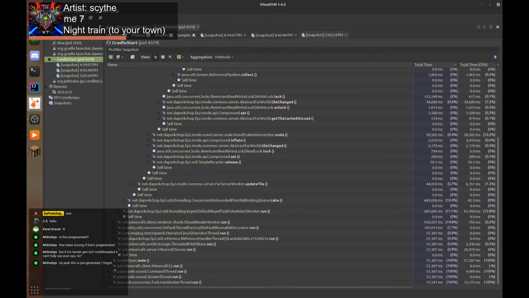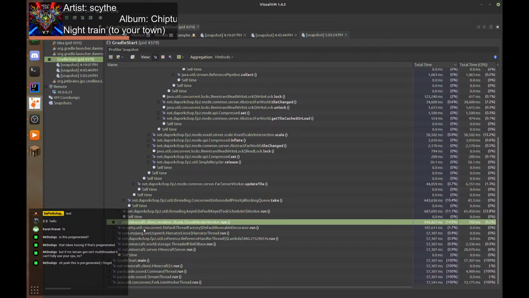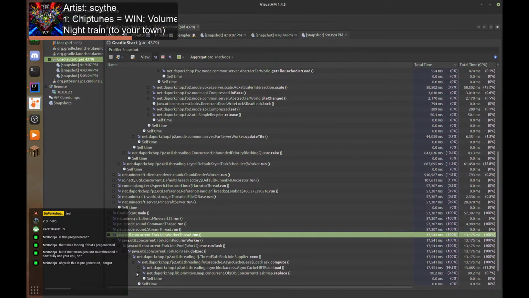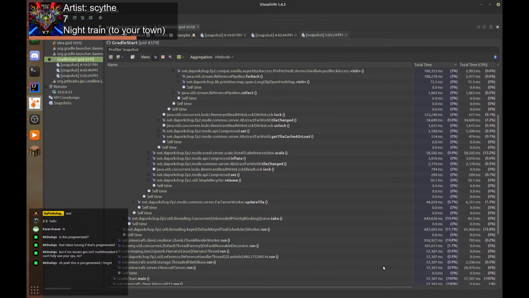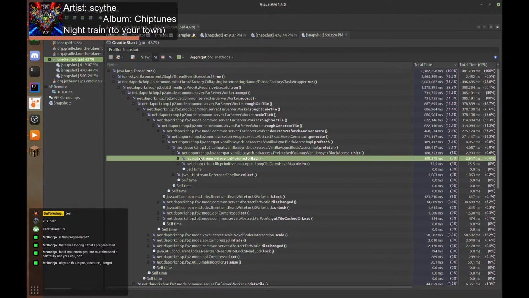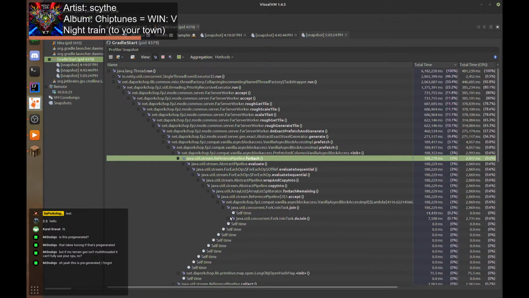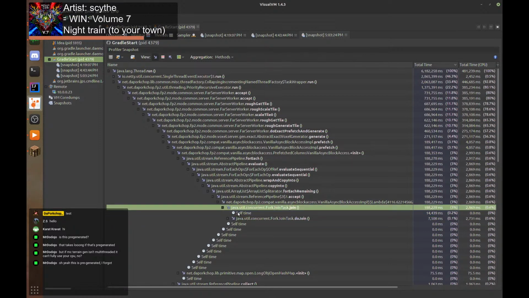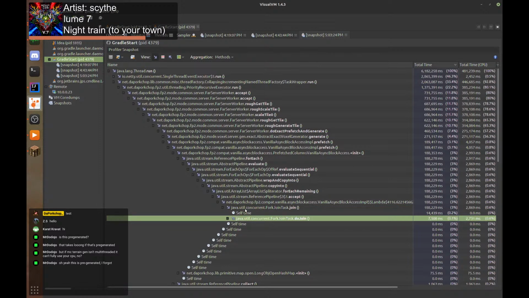Half of the time is just being spent waiting for other stuff to happen. The fork join pool is almost consistently empty. That doesn't even make any sense. Where's all the CPU time being spent then? Yeah, just fork join task join, but